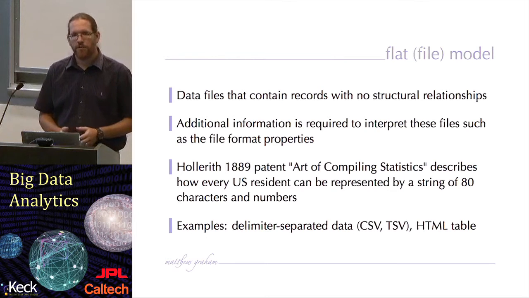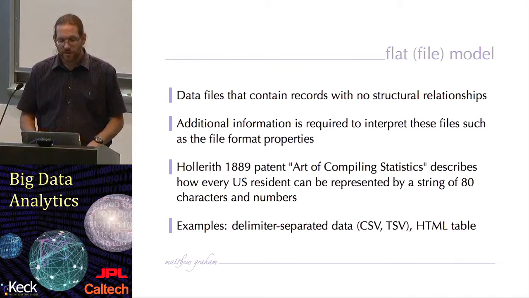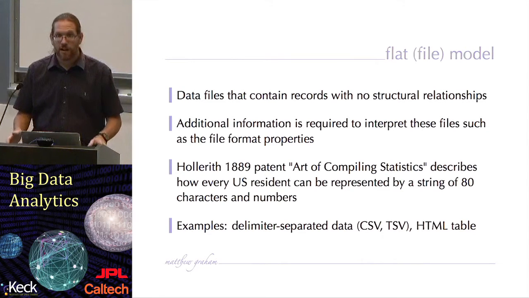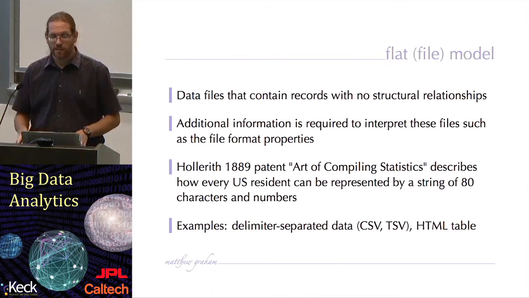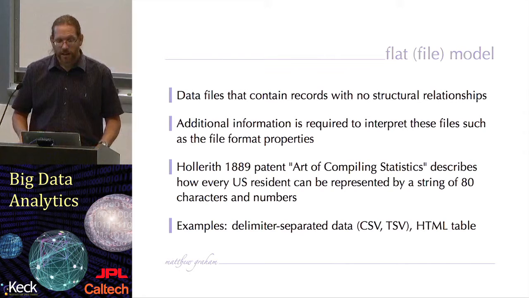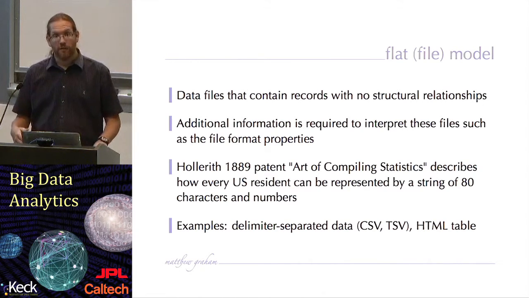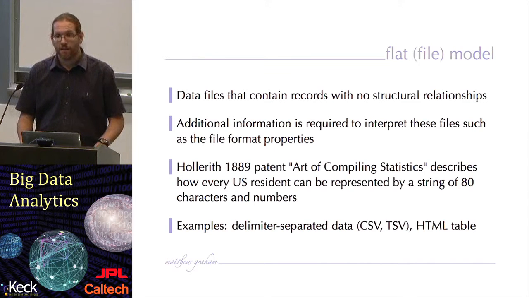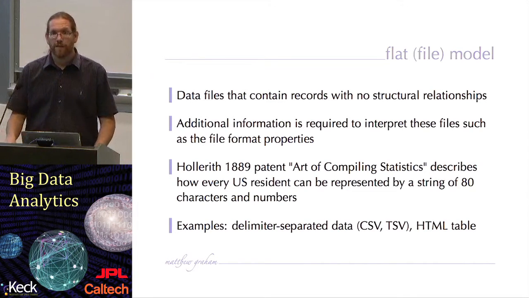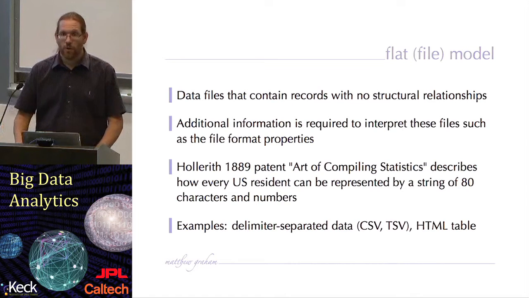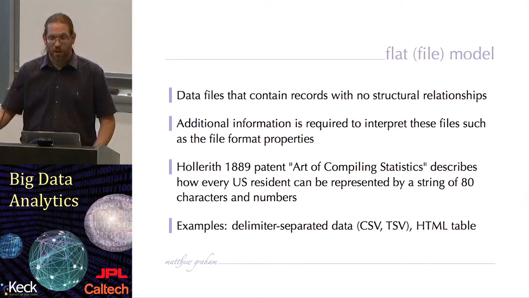So the first, and possibly the simplest data model to consider, is the flat or file data model. This is essentially data files that contain records with no structural relationships. It's just the basic data. Obviously, additional information is required to interpret these, such as file format properties. I may have the data in 3 different flat file models on my hard drive. One would be basic ASCII columns, one might be comma-separated variable,